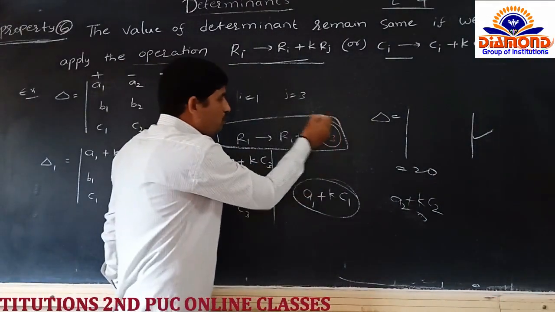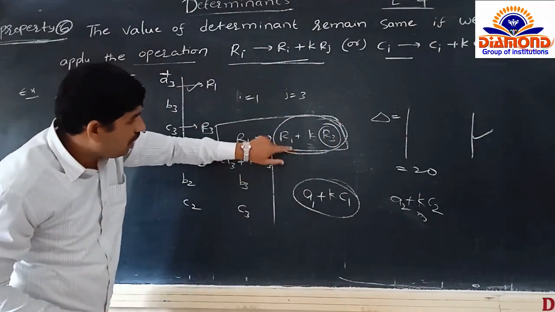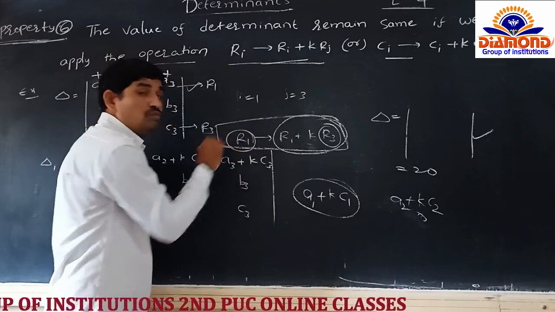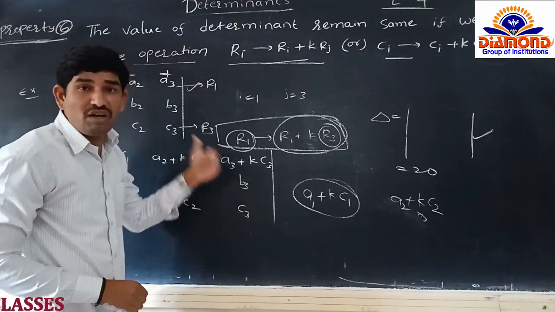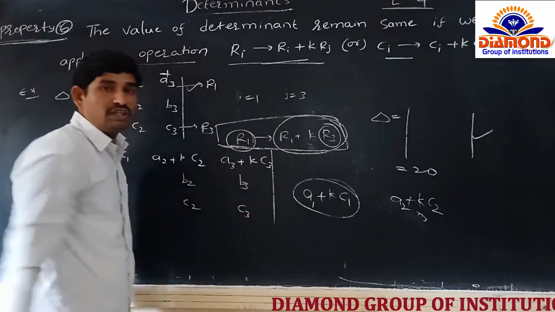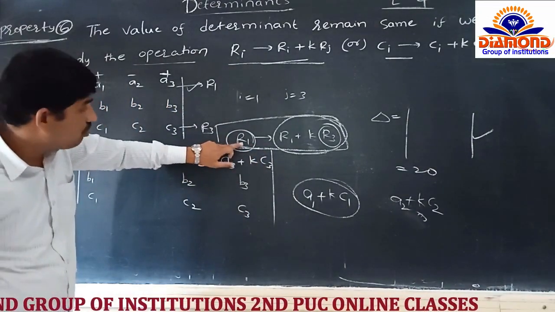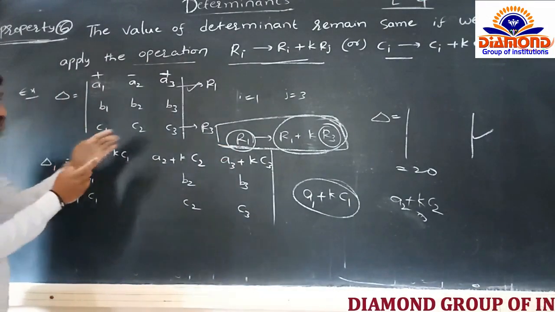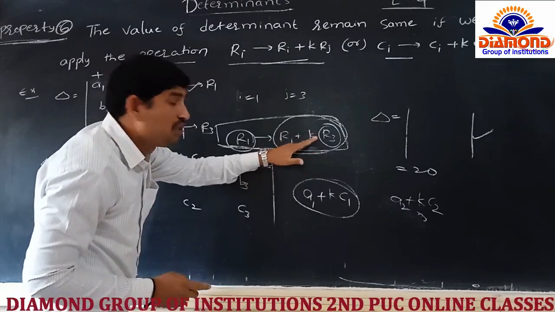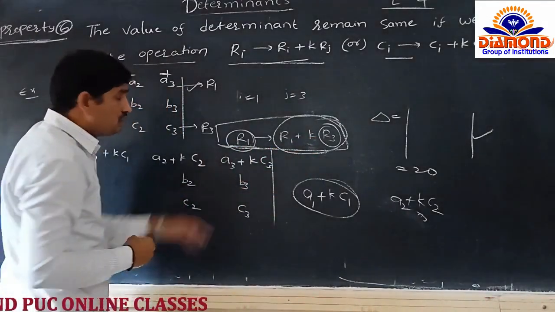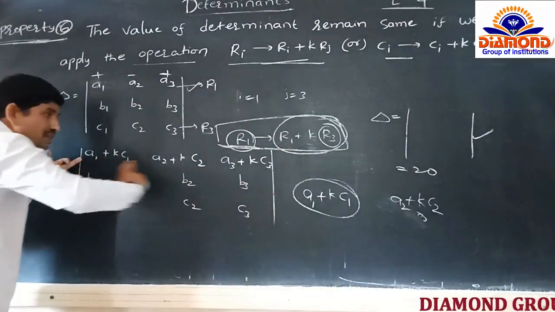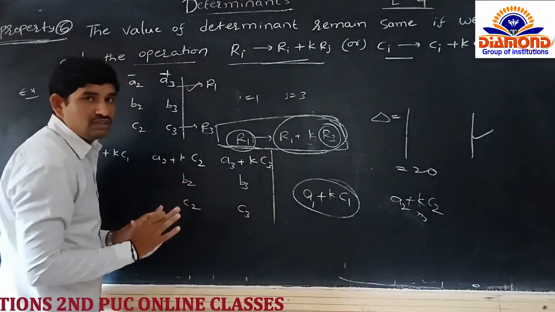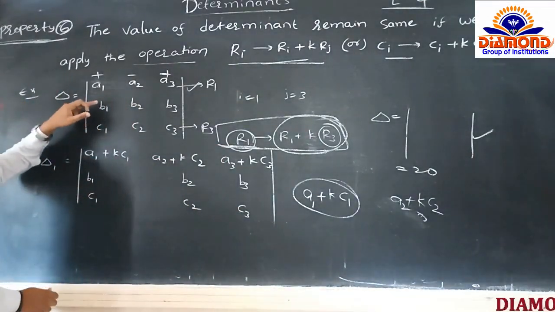Sir, where do we have to write A1 plus K into C1, A2 plus K into C2? You will see the order: whether we are writing R1 or R2 or R3, the order tells us where to write. This is R1, so in R1 only we have to write. Whatever operation we do, we write the result in the row that the operation names. If it is R1, we write the total result in R1. If it is R2, we write in R2. If it is R3, we write in R3. That's all. Okay. Next. And B, what is that?